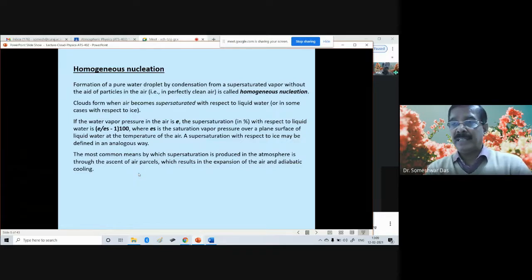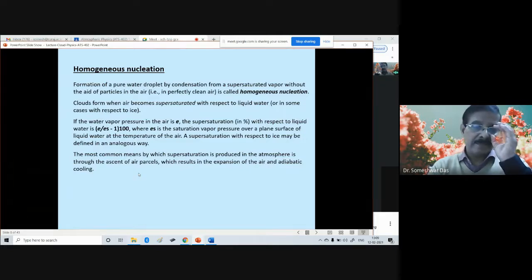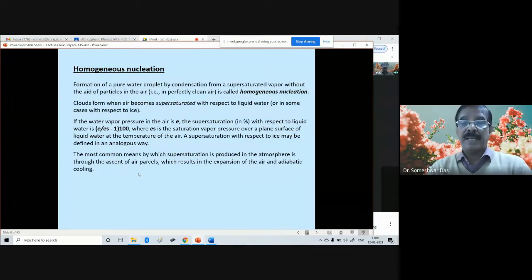And that's the reason why in the winter season, the air becomes saturated very quickly, especially in the mornings, because the temperature is so low. And you see the fog, right? You see the formation of fog because the air becomes supersaturated quickly due to the low temperature of the air. Whereas in the summer season, maybe the amount of water vapor may be the same, the mixing ratio, grams per kilogram of water vapor may be the same, but the air may not be saturated because of the warmer temperature.